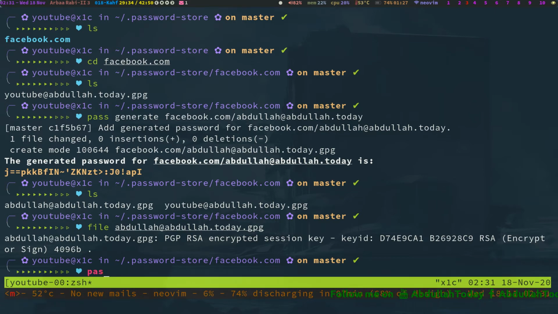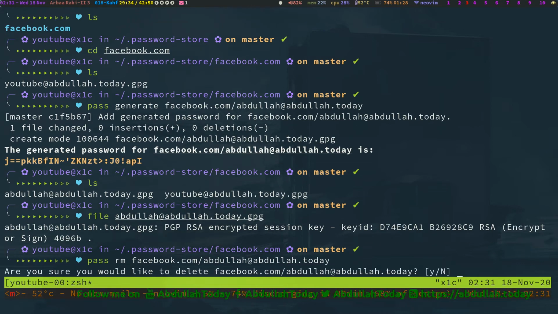If you want to delete them, pass rm. Like I want to remove this password for this user, so I am going to pass rm facebook.com abdullah, and just press tab and it will complete it. It asks for confirmation.